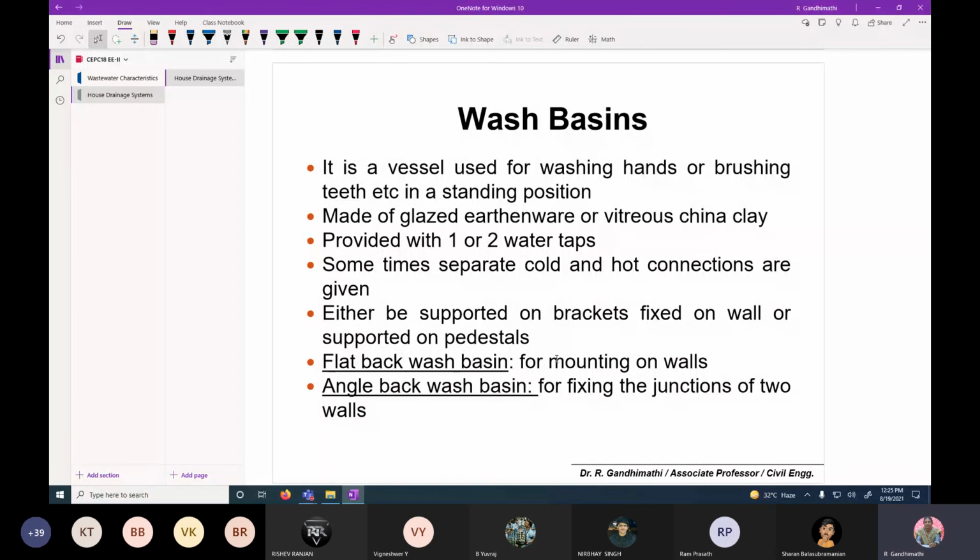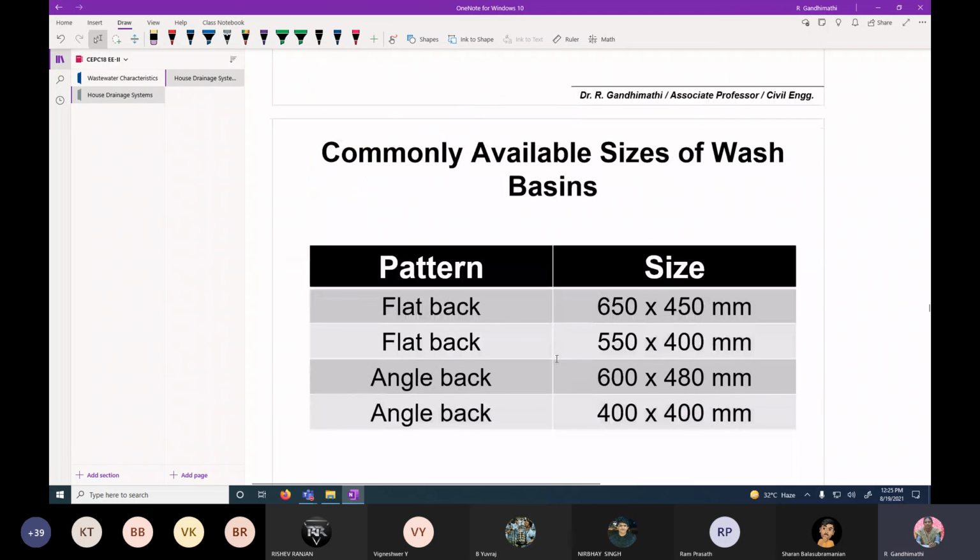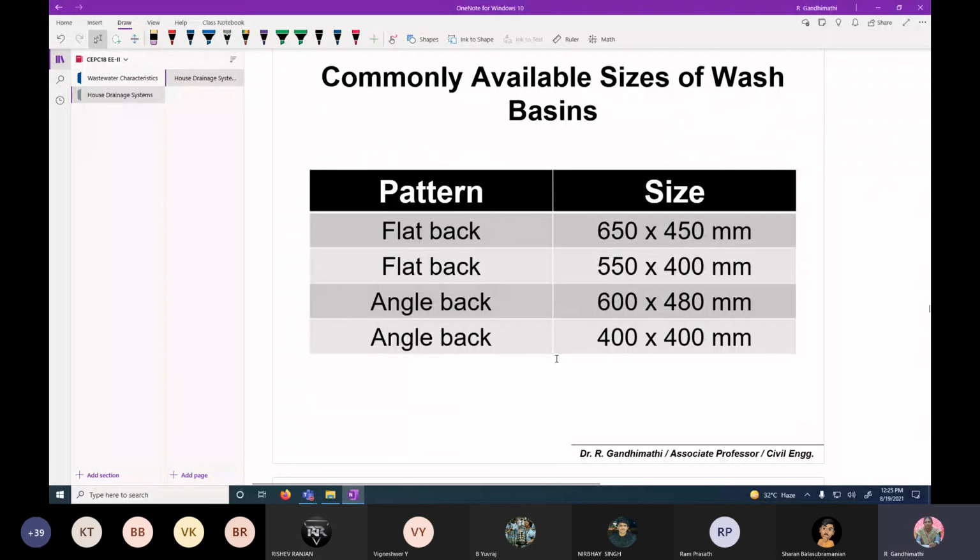here they have just given the guidelines. Then commonly available sizes of wash basins. You just see from your house itself what the different types are. Flat back, it is mainly based on the shape at the bottom of your wash basin.